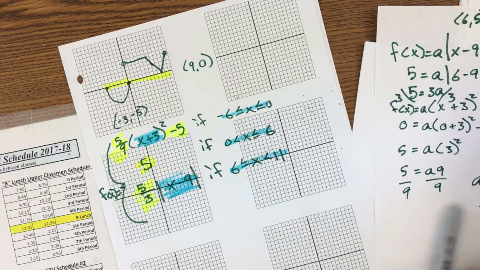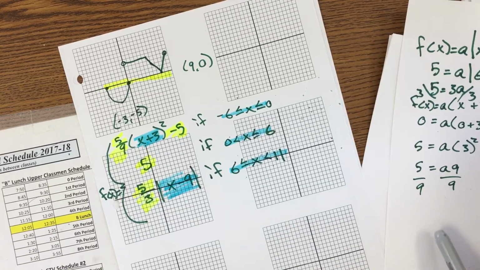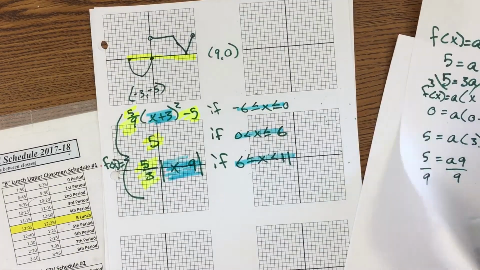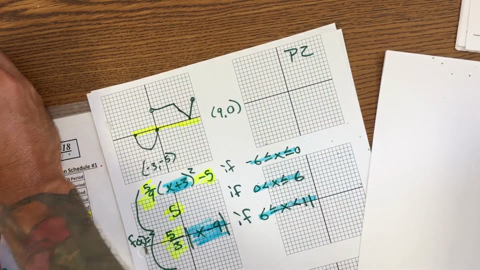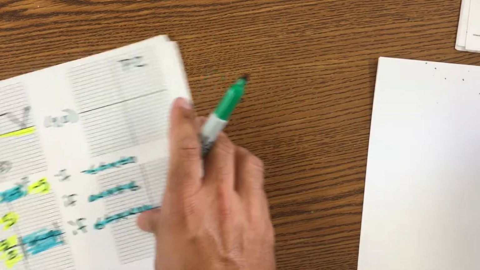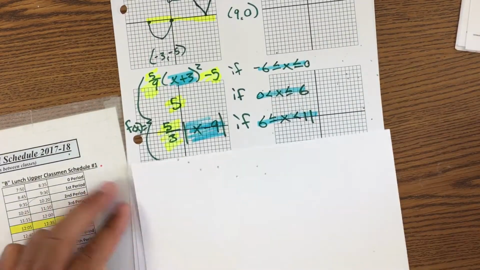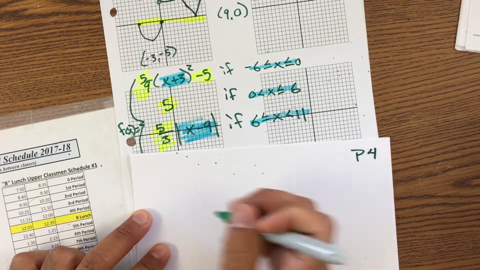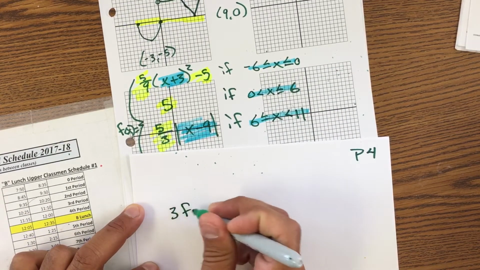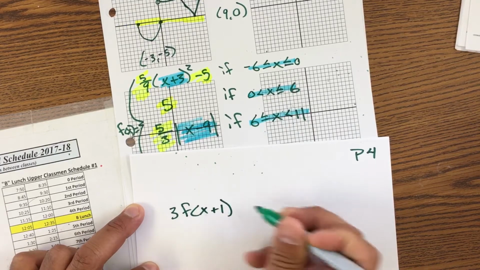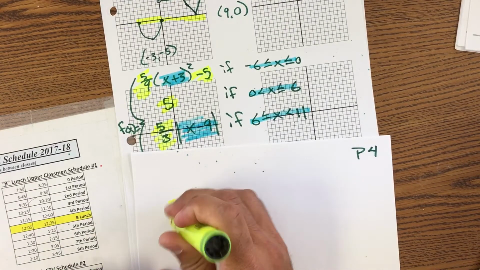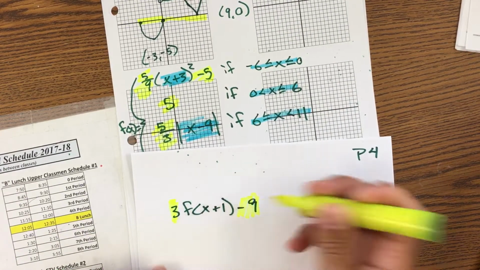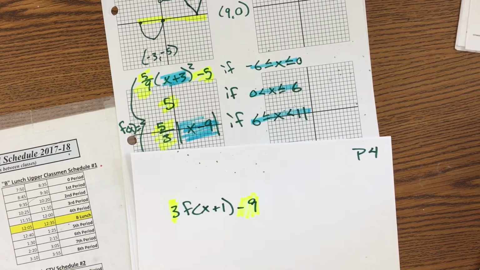Okay? So when I have one that tells me to do something like, got too many pages. I'm going to make this 2, 3. Okay, when I have something that tells me, I'm going to use this function still, so I'm going to leave it right there. If it tells me 3 times f of x plus 1 minus 9, this is happening to the function. This is happening to the function. So those things happen to the yellow part that I already highlighted. This part right here is